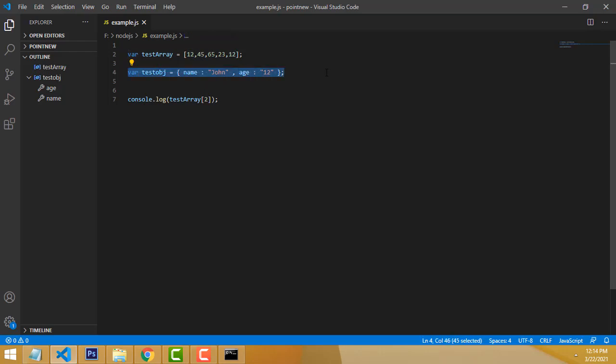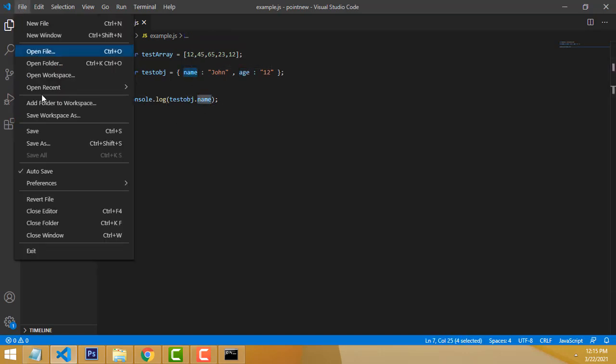So how to print it out? You have to pass a key, then the value will be displayed. Okay, so when you write like this, test object dot, here you can see the name. Name is a key. It will automatically ask for the property whose value you are going to print. Whether you print name or age. We have two keys available, name and age. Which key are you going to print? I gave name.